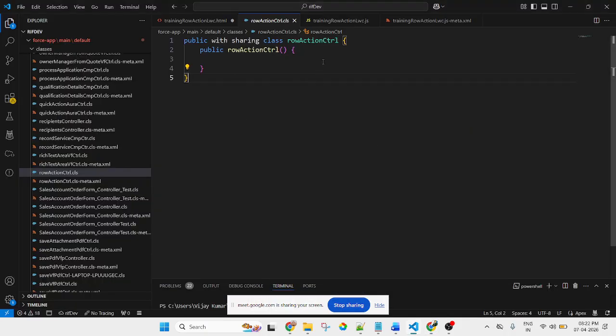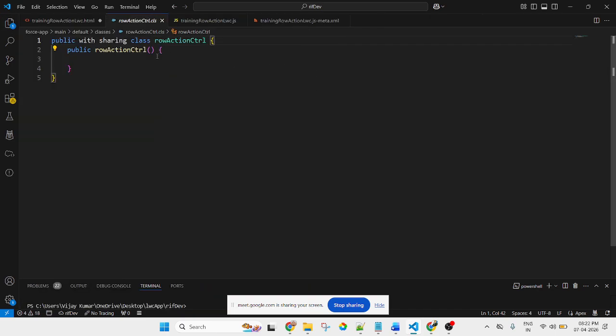So I created a base class controller. Here I will create a method. We'll display the list of contacts in the component through the wire decorator.